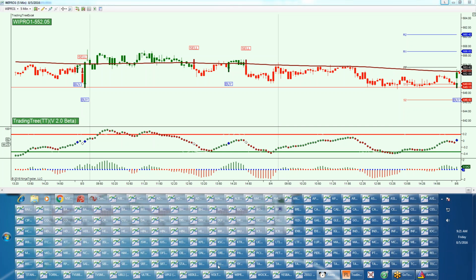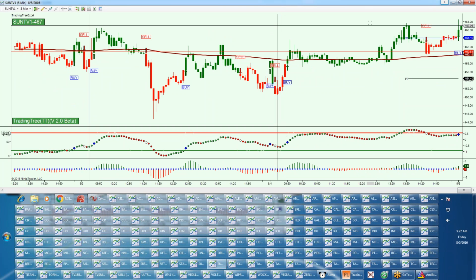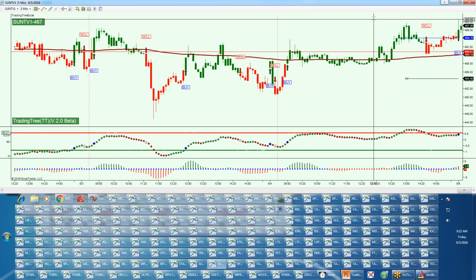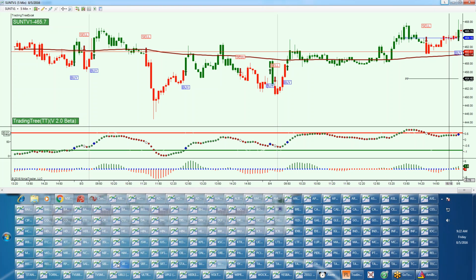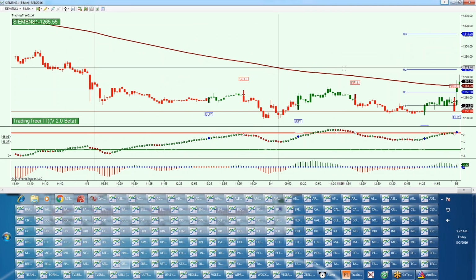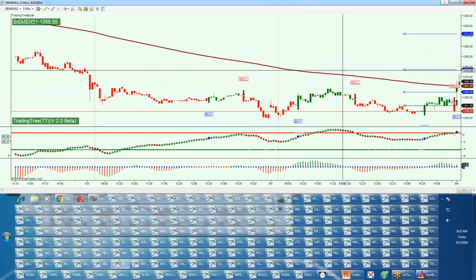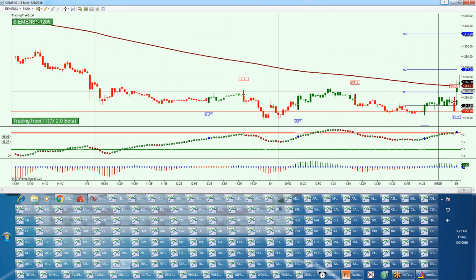We have Sun TV. Sun TV we can consider buying at 469. I'm just giving you approximate prices. So Siemens you can buy above 1277,